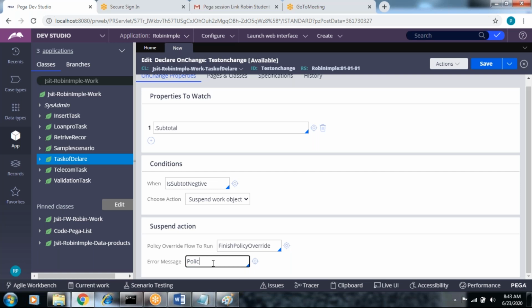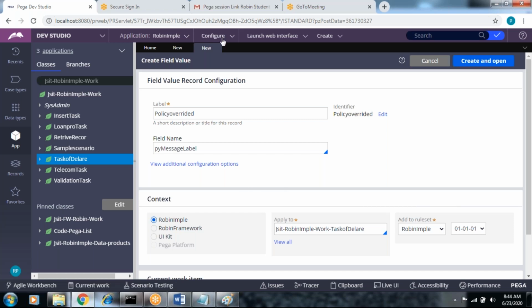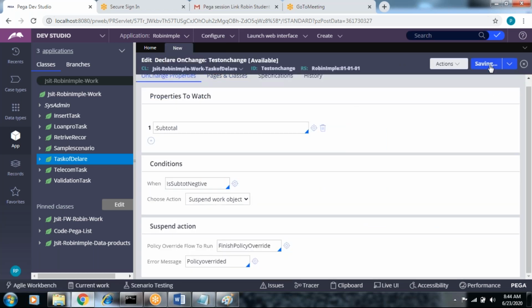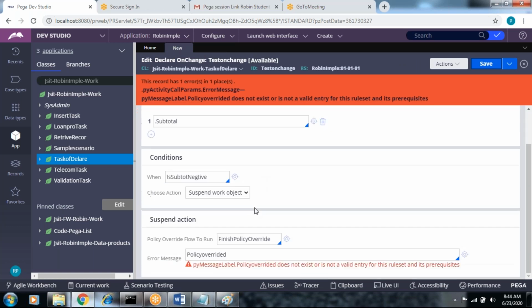Policy override. So here we need to create this message. Once we try to save, what will happen? Yes, we need to create this. Okay, create it.